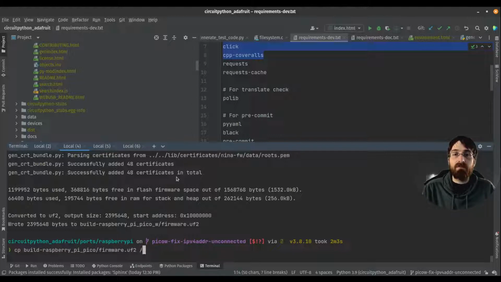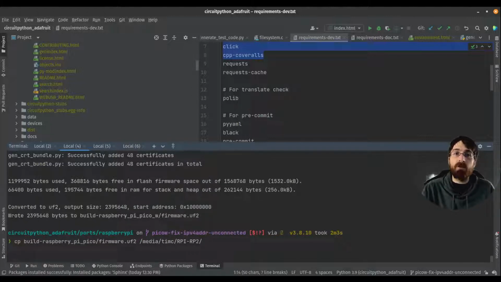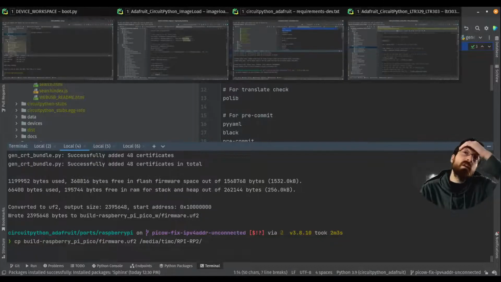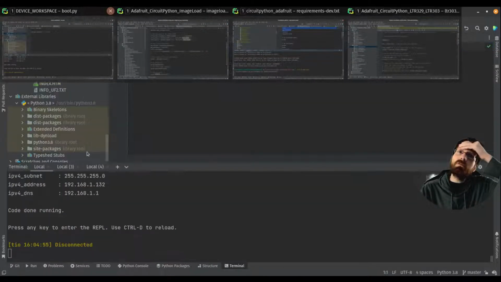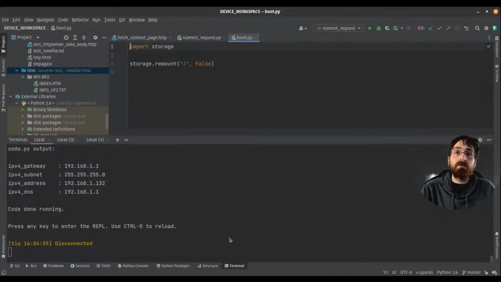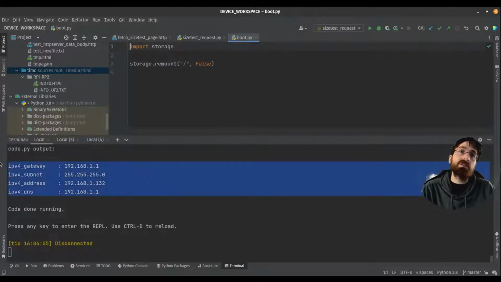Firmware. This will put the new firmware, which is from the PR, onto the Pico, which will restart when it's done. It will run this. Theoretically, these will all print none.